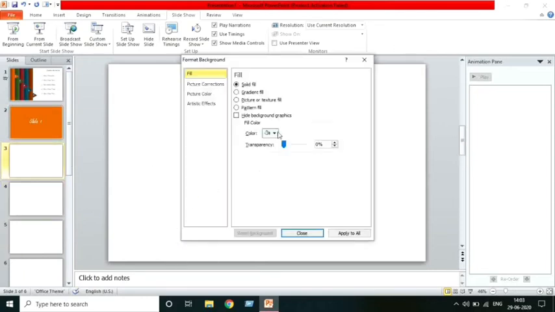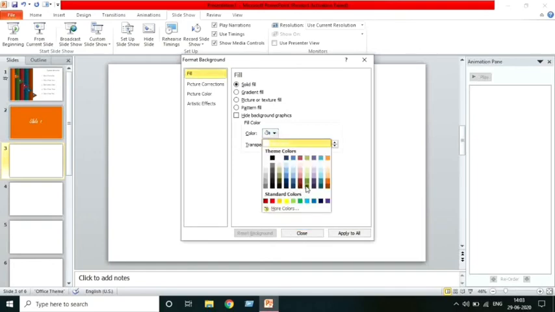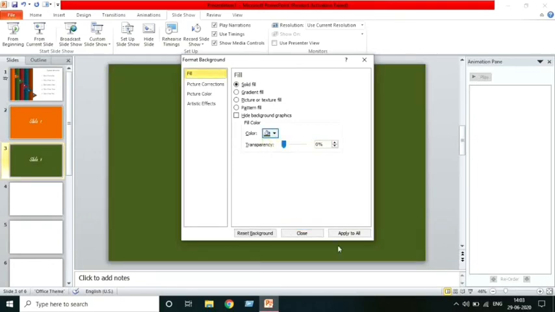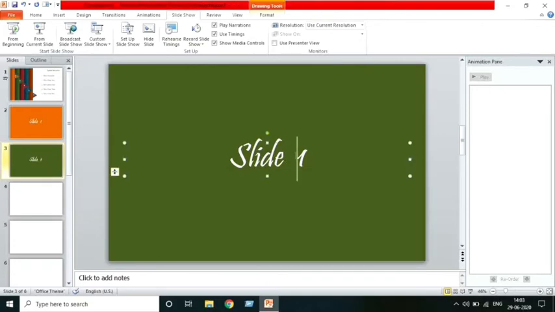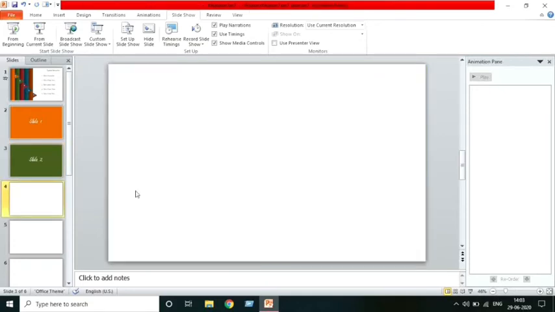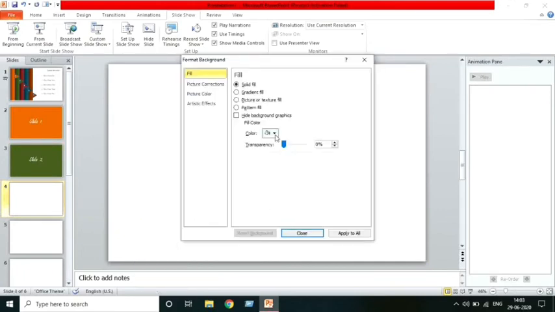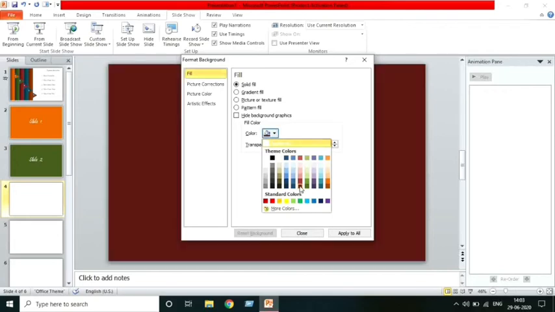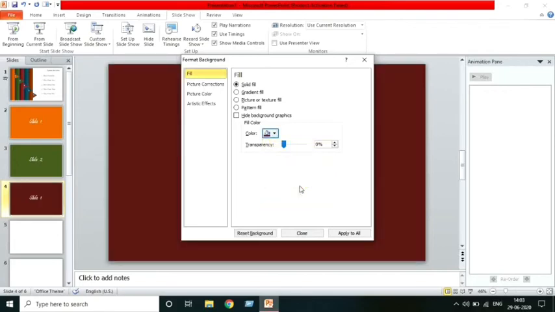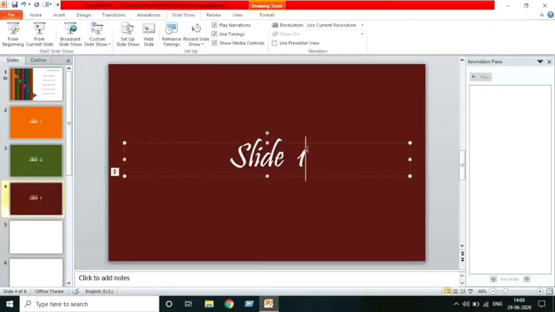I think for the second one we have chosen dark green, so we will keep dark green for this. This is slide 2. For the third one we'll come to format background. I think for the third we have chosen brown, so we will click on the brown color as well. This is slide 3.